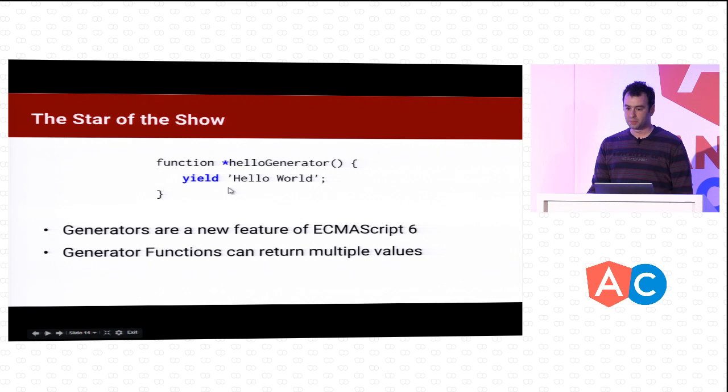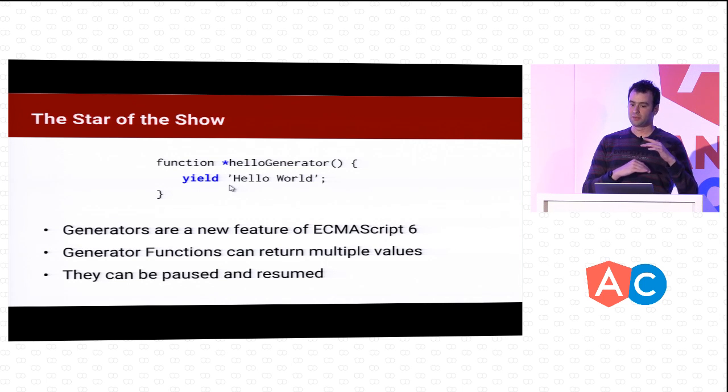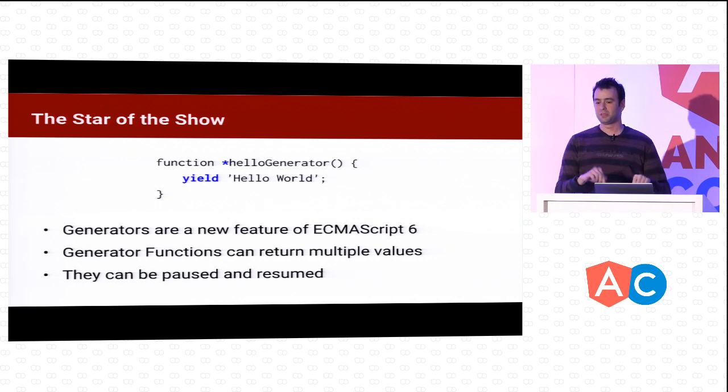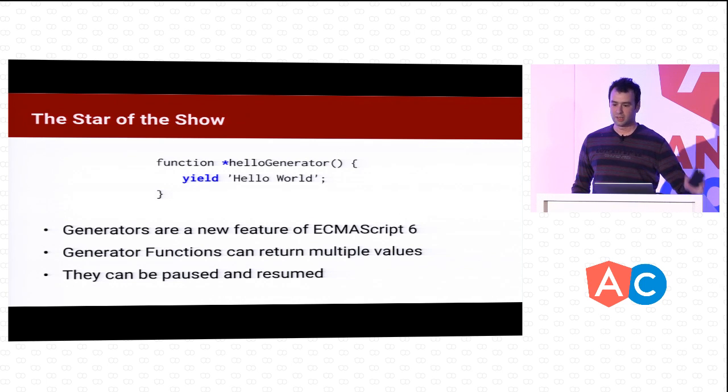Generators can return multiple values. They return values using the yield keyword, and they can also be paused and resumed. So I can have multiple statements in a single generator, and it can be paused between those yield statements. Before we see that, I also want to say that generators are available now if you are using Android,